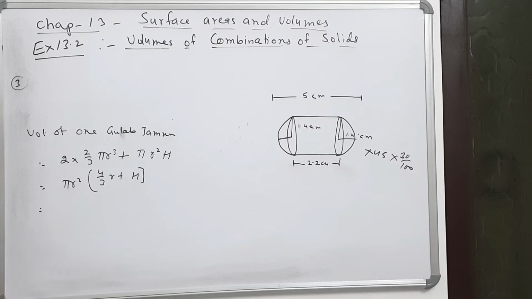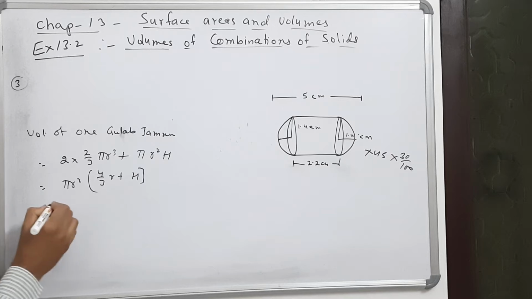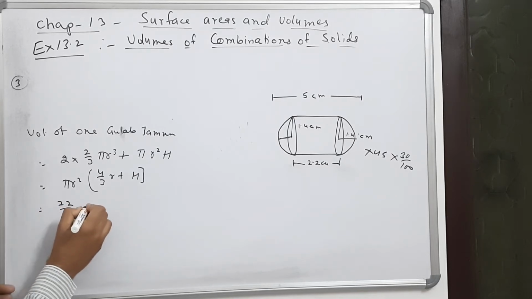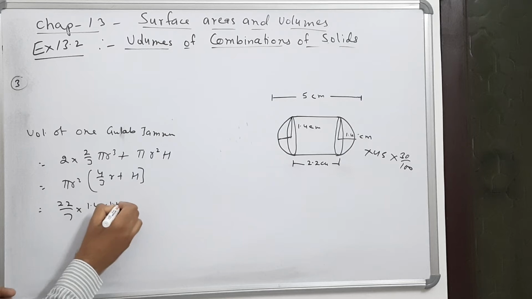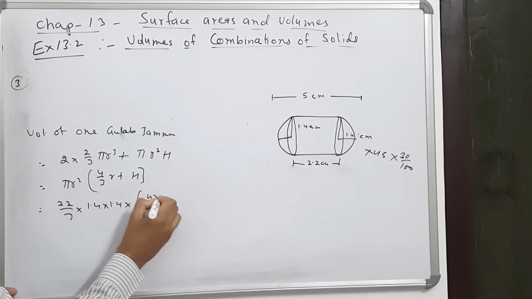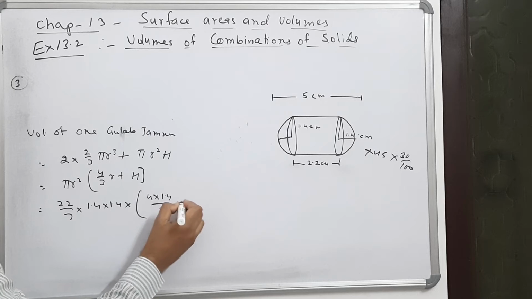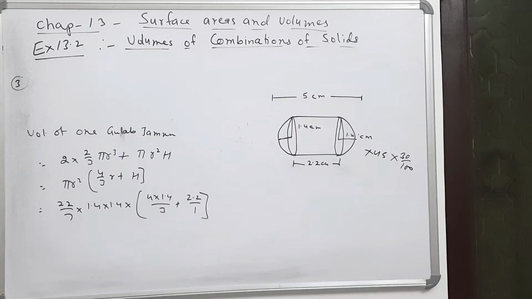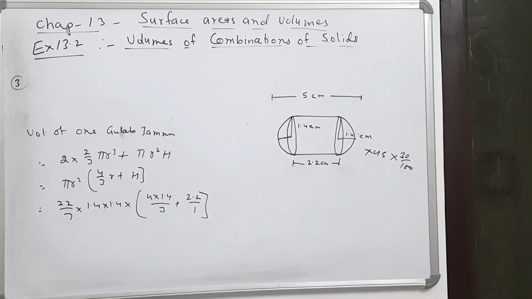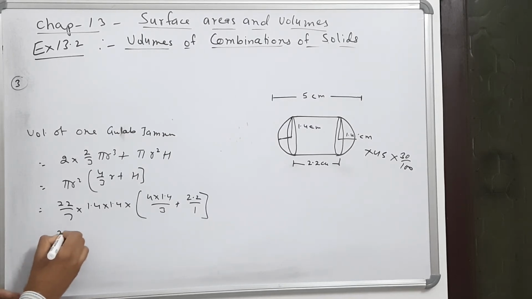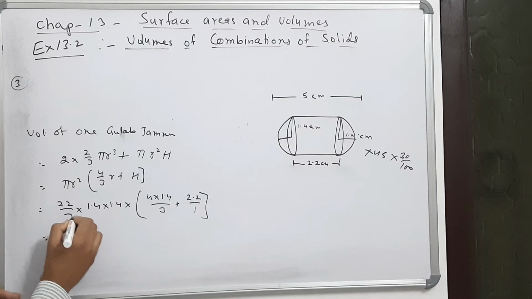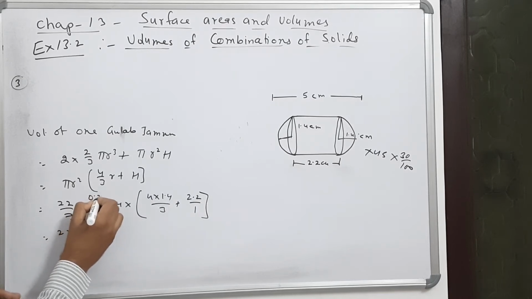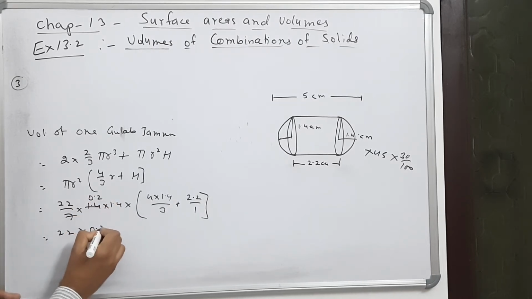Now put the data. The value of pi is 22 upon 7. The radius is 1.4 into 1.4, and it is 4 into 1.4 upon 3, and the height is 2.2 upon 1. See this part. This is the main part of the sum. So here it is 22 into, you can cancel it, so 0.2. If you multiply, it is 0.28